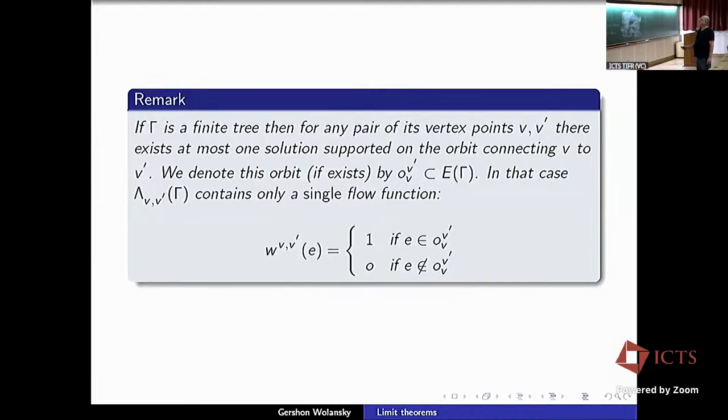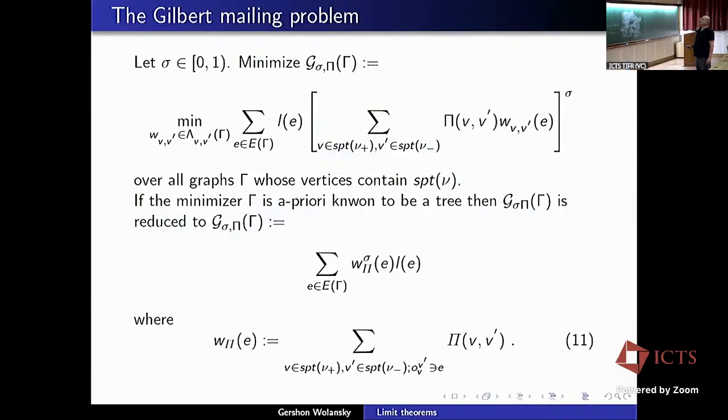if this is a tree, then it contains only a single flow, which is 1 on the path connecting V to V prime, and 0 otherwise, right? Because it should take the flux of intensity 1 from V to V prime, and all the flux goes through a single orbit. So it's either 1 or 0. In general,